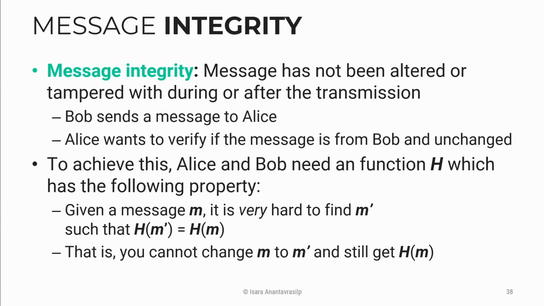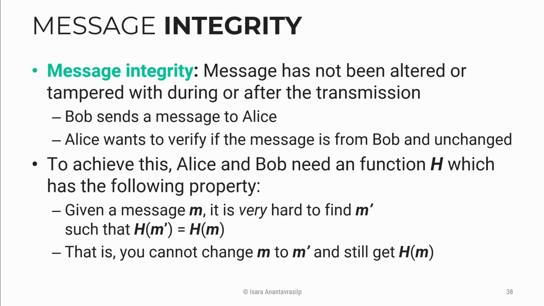An example is this: Bob wants to send a message to Alice. Alice wants to verify that the message has been sent from Bob and hasn't been changed somewhere along the way. To achieve this, Alice and Bob need to agree on one function h that has the following property. Given the message m, it is very hard to find m prime such that h of m prime equals h of m.